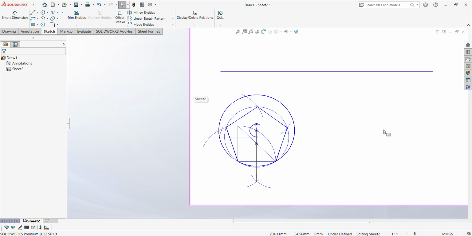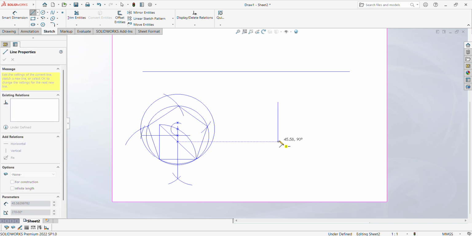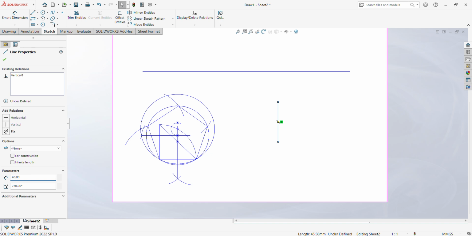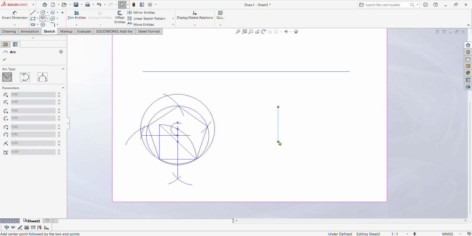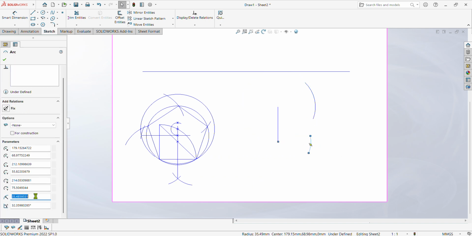An easier method to construct a pentagon, which is also super easy if you get used to it, is this. You can simply draw a line of your desired length, and then, of course, imagine this is 40 mm, and I can take arcs of 40 mm from both the sides. That's one arc, and I take another arc here. Both of them are 40. Now, once I have taken arcs of 40, what I do is